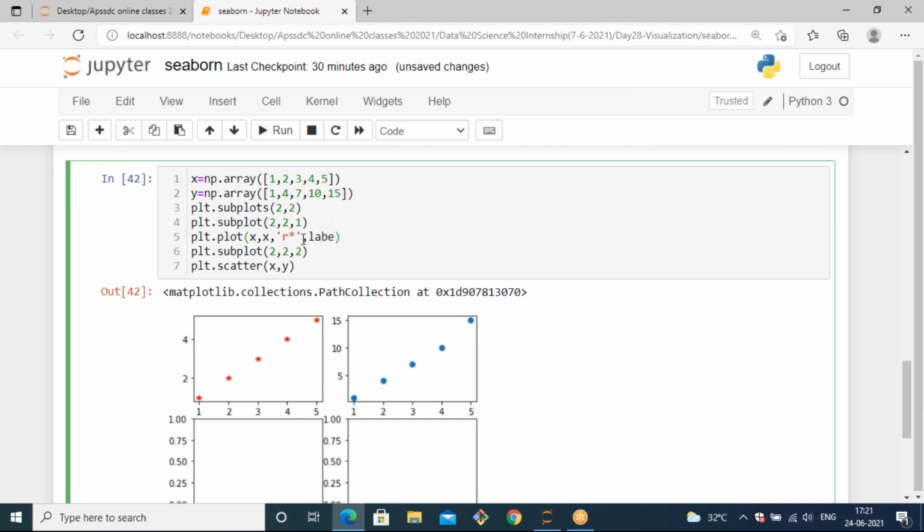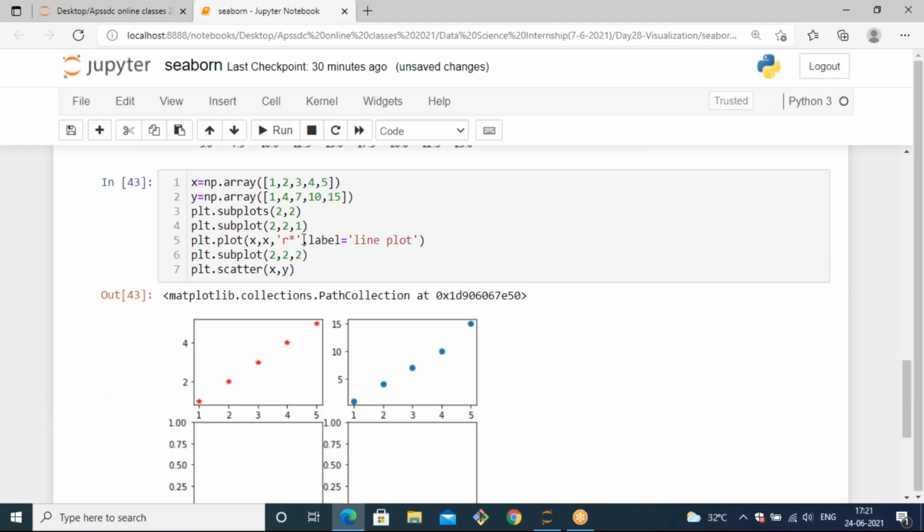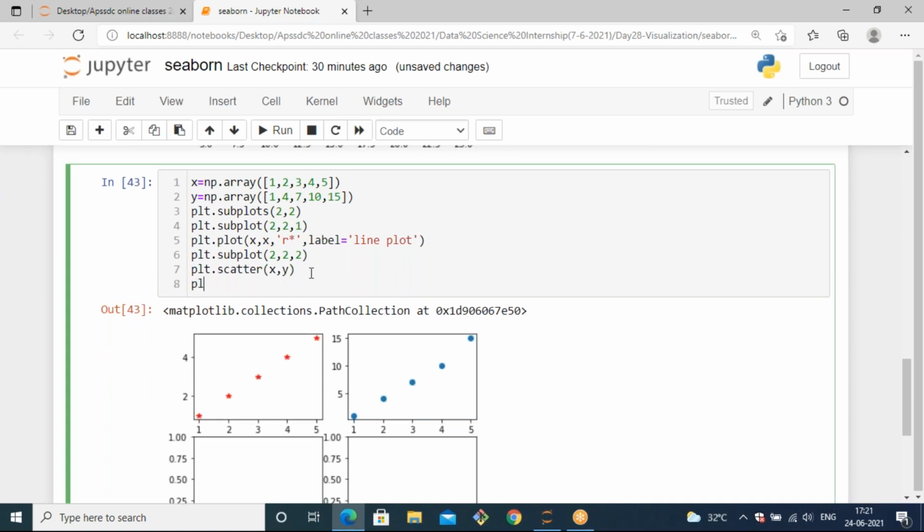Now if I pass label equals to line plot, I didn't get the label. If I use plt.legend, it will display that label once, right?